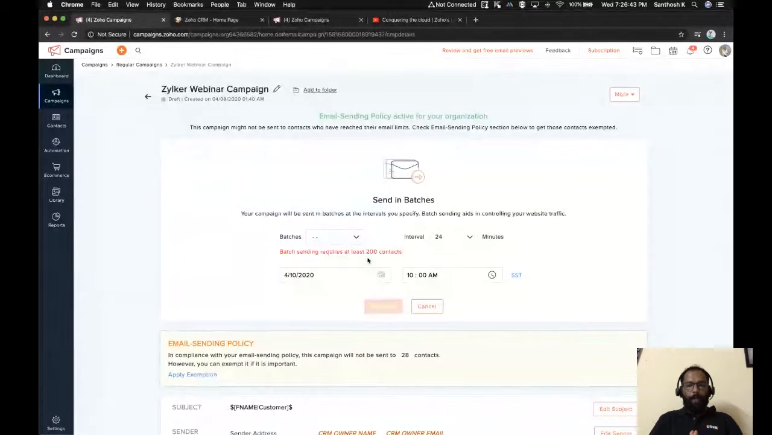So every 24 minutes, 1,000 emails will be sent to the customers. This will reduce the spam ratio. Most of the anti-spam services, when you send a bulk email, will consider it a bulk email, and there are chances it can be classified as spam. But when you do it this way, there are very few chances it can be classified as a bulk